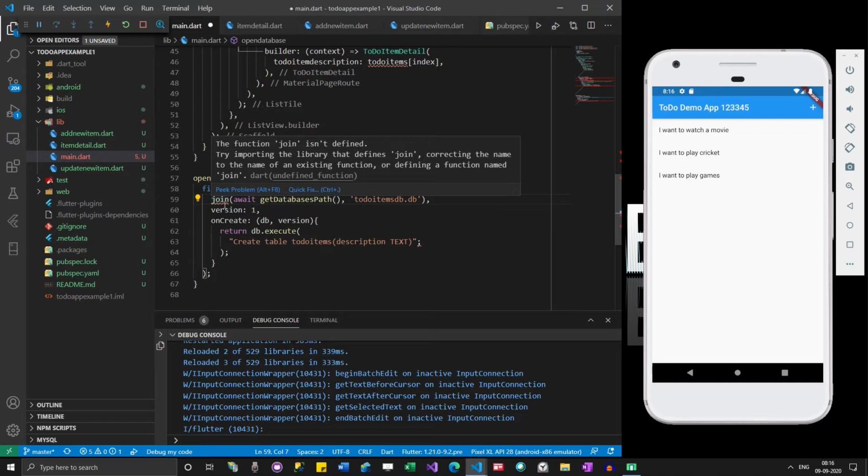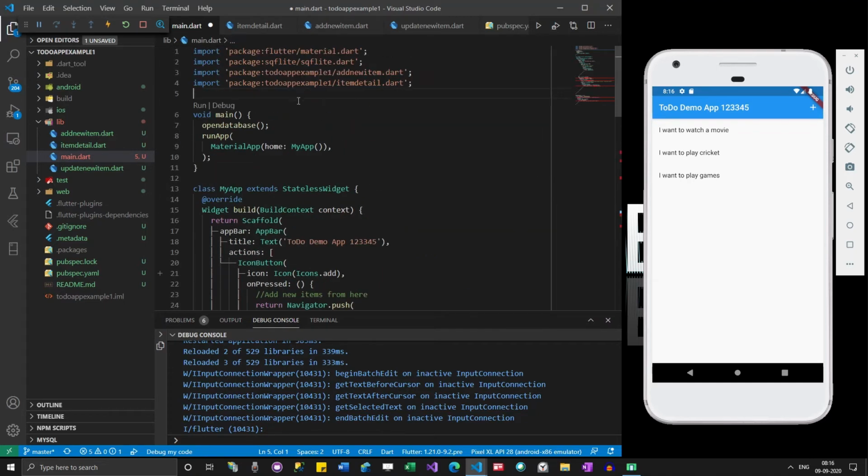Okay, so in order to use join, I have to import the correct library. The library for join is,